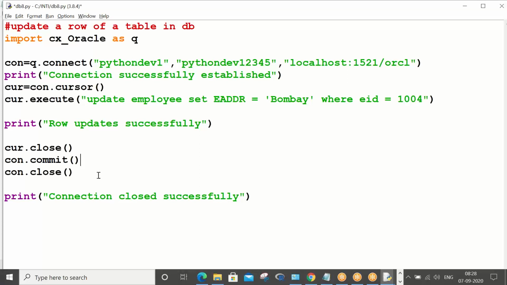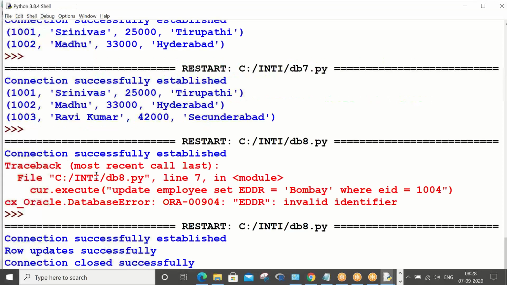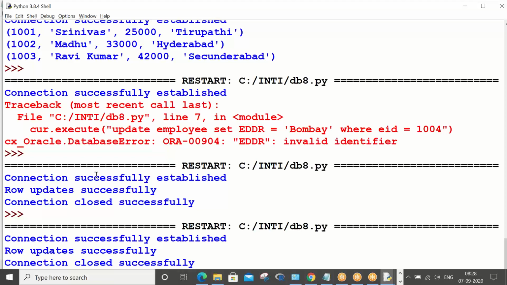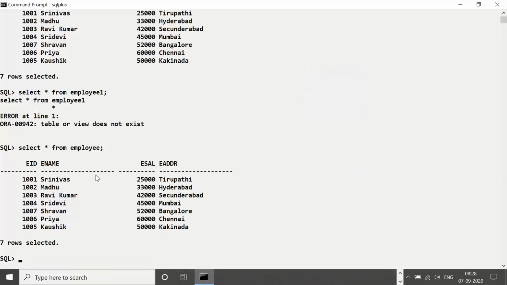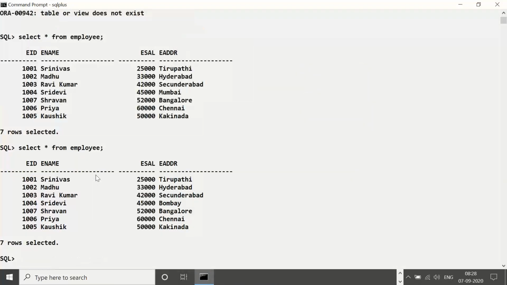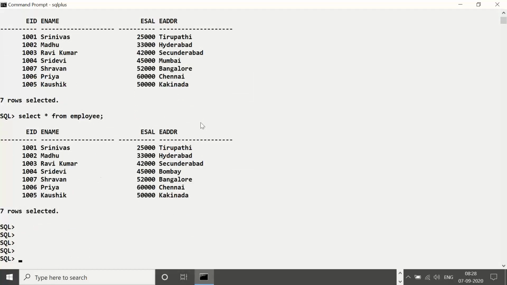With the connection object you will commit it. Now Control S, F5, executed successfully. Come back here. Now up arrow, you can see the Bombay, right guys? Interesting or not, you could observe the difference. If you don't commit, obviously it will not work properly.